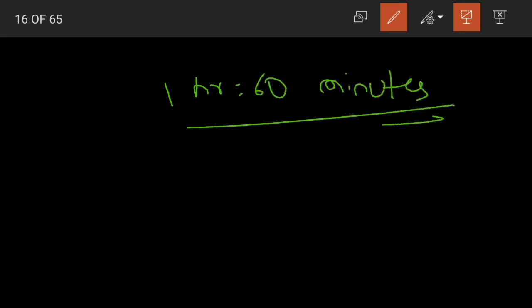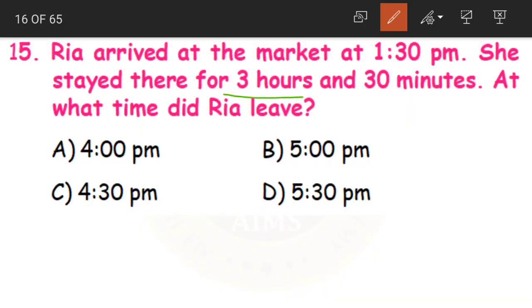1 hour is equal to 60 minutes. I hope you all know this, right? 1 hour is equal to 60 minutes. So that is why 3 hours 30 minutes when added to 1:30 became 5 p.m. Option